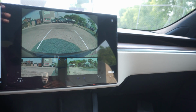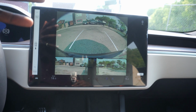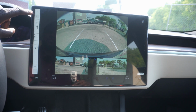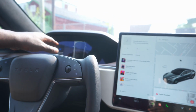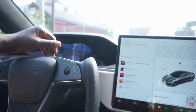So here's a look at hardware 4.0. As you may notice, the camera quality has definitely improved. There's a lot clearer picture. So that's one of the great things that Tesla has offered with hardware 4.0. And I tell you, the drive is definitely a lot better. You have your second screen over here, so you can see things that are in front of you,